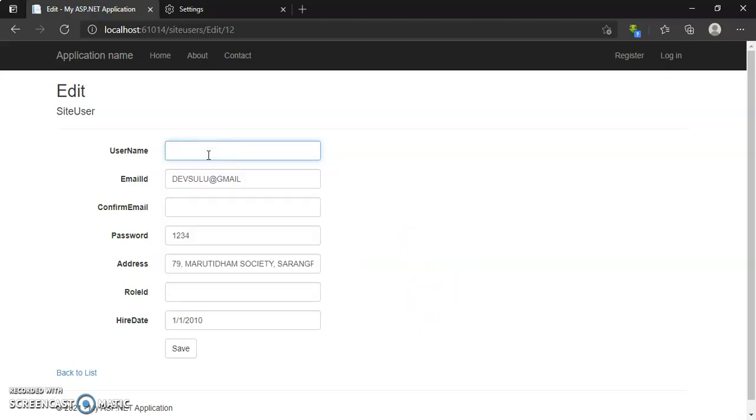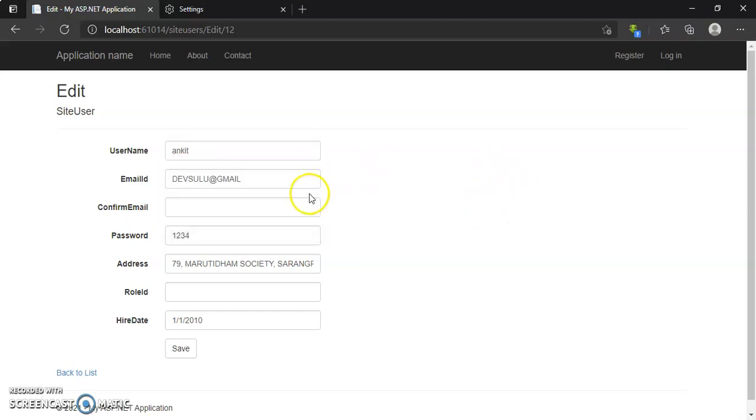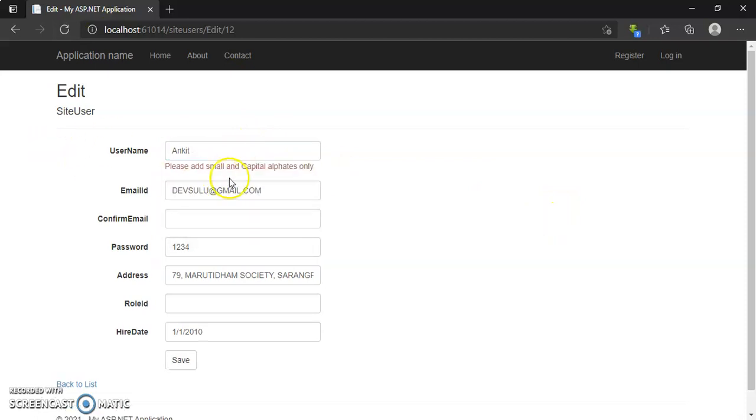Let's go to this page and try again. Put first name and then space, so it will give us an error. Even so it is not done, because we have to refresh the page. And now you can see this validation error occurs by clicking on the page.